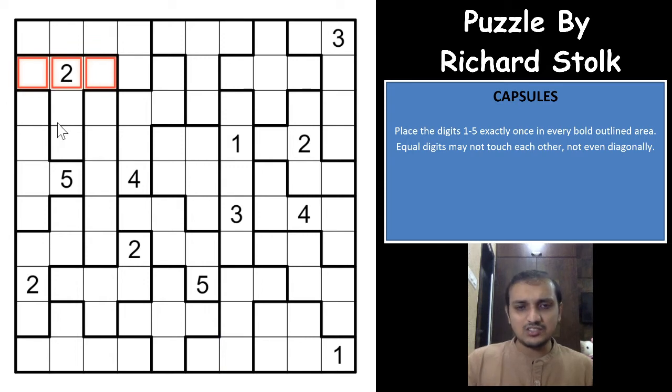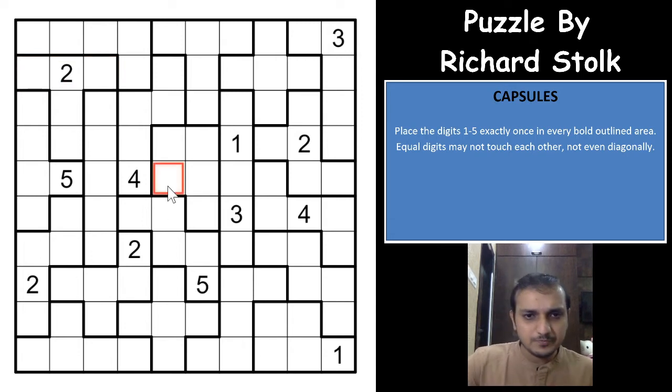But not in a Suguru. A Suguru puzzle can have regions of any size. You can have a region of 1, 2, 3, 4, 5, 6, 7, any number in the same grid, right? That is the only difference between a capsules puzzle and a Suguru puzzle. So this is a capsule puzzle. You can even name it a Suguru, just a variation of it, right? Only 1 to 5 in each region. And with that, we'll start solving this puzzle.